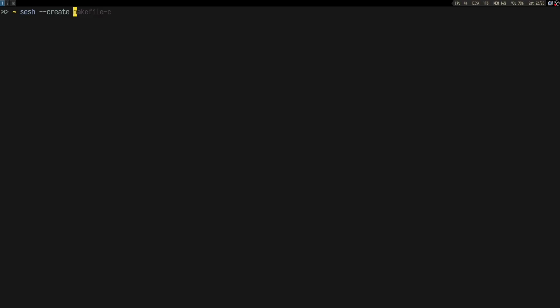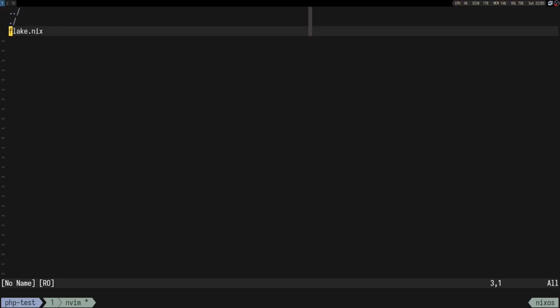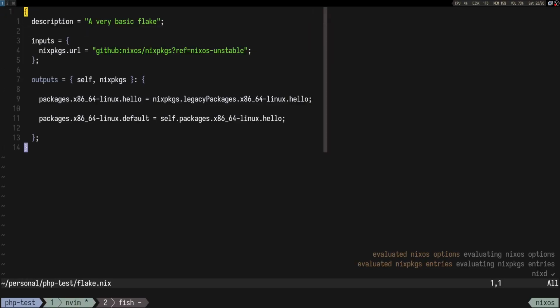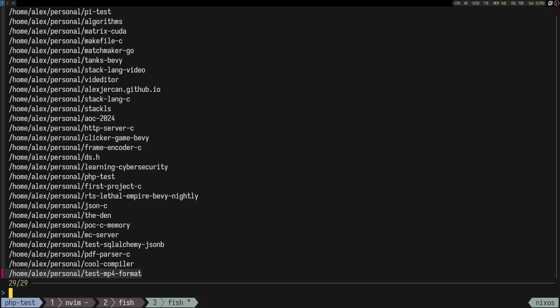And then, we'll have a Nix flake because I'm using NixOS. So PHP experiment. Well, I guess I call it PHP test because we are testing PHP. And let's create a flake, which is just for my OS. Ideally, you would be able to probably sudo apt install PHP, but because I'm using Nix, I have to install it the Nix way. And let's just take one of these,